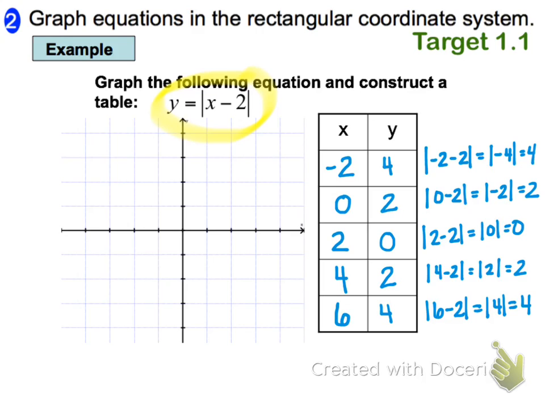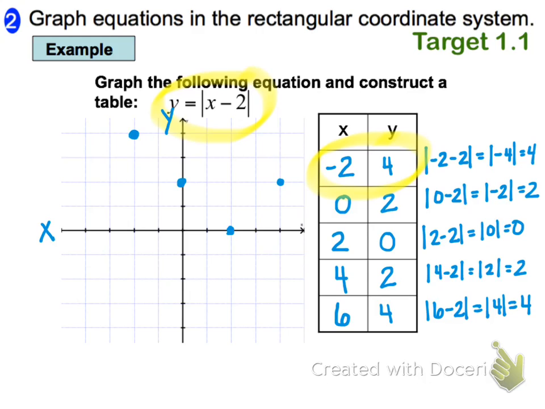And now that we have all of our values, we can go ahead and start plotting them on the graph. So the first point we're going to plot is -2, 4. Remember the x and the y axes are as labeled, and if we go ahead and count -2 in the x direction and 4 in the y direction, we get that point there. We'll continue and do the same for 0, 2, for 2, 0, 4, 2, and then 6, 4 is off